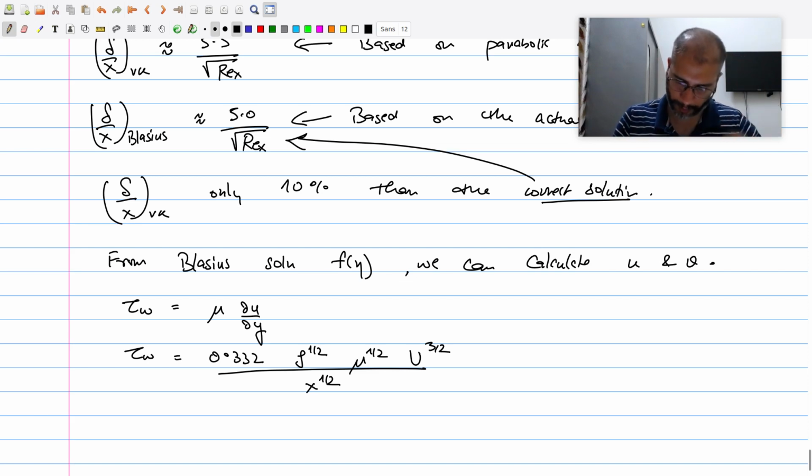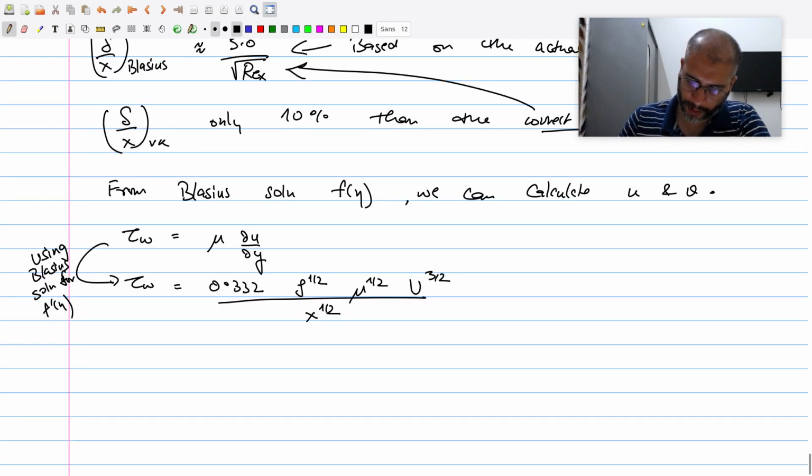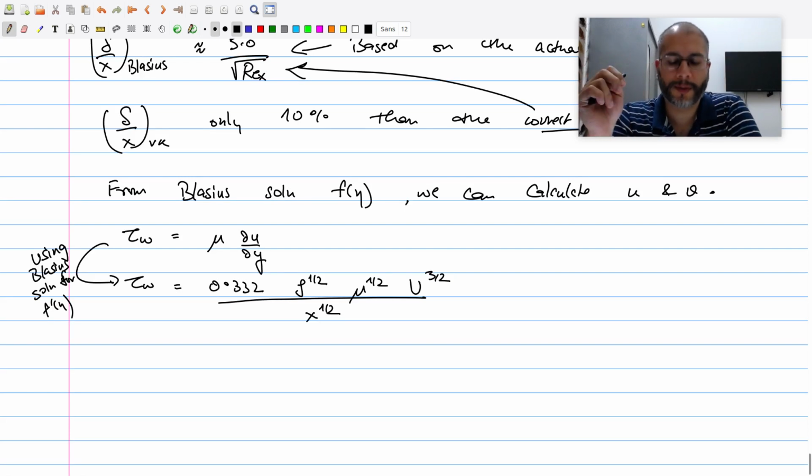This 0.332 comes from the Blasius solution. So if I try to compare tau wall as a function of x,